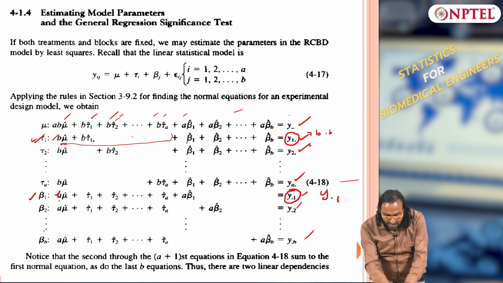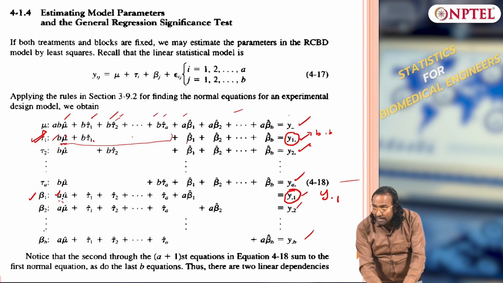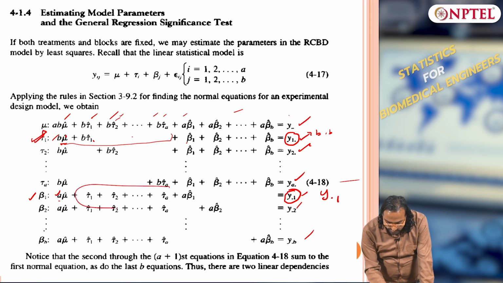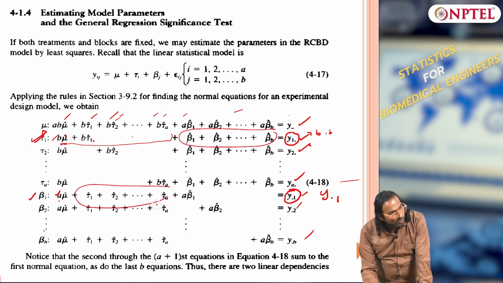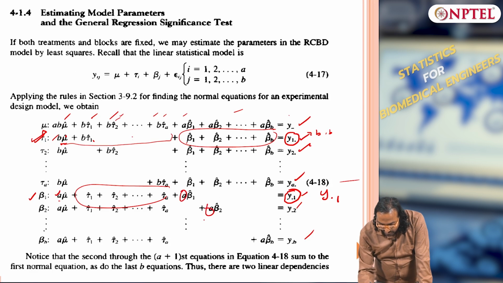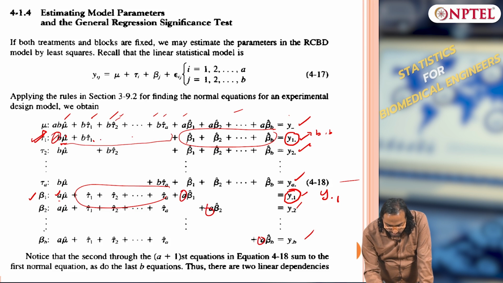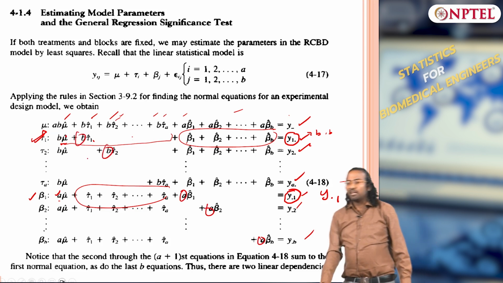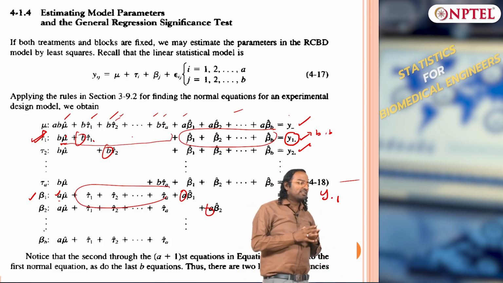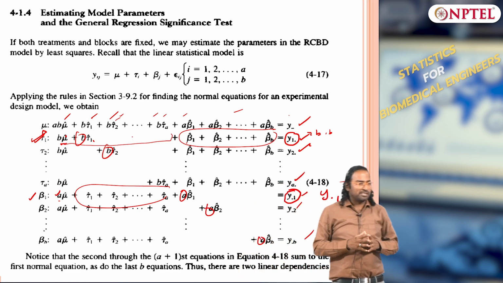This is exactly opposite of the treatment equation. If you look at treatment, it will be B, here it will be A, and your tau i's are going to be added only once, like your betas were added only once in the treatment equation, and your betas will be multiplied by A, like your tau i's are multiplied by B. There is a very clear pattern here. So this is just applying rule number 3 of your regression equation.